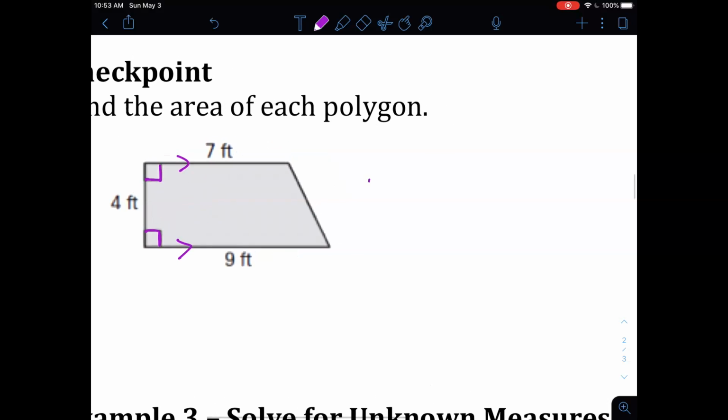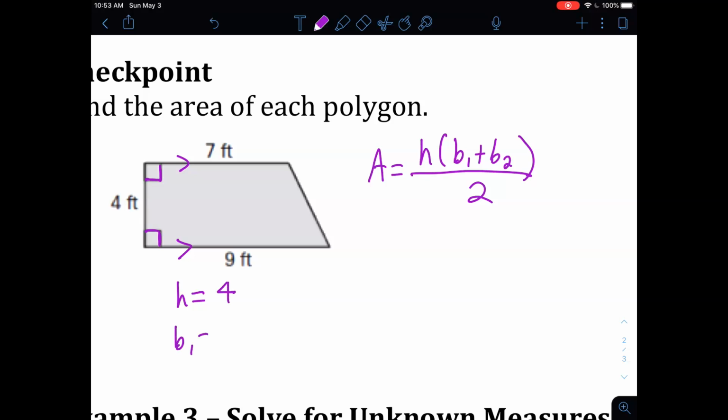And the area of a trapezoid was the height times base 1 plus base 2 all over 2. So what's the height of this trapezoid? Height's between the two bases. What's the perpendicular distance there? It's going to be 4. Then base 1 we're going to call 7, and base 2 is 9. If you call base 1 9 and base 2 7, that's totally fine. Doesn't matter. So area is going to equal our height, which is 4,